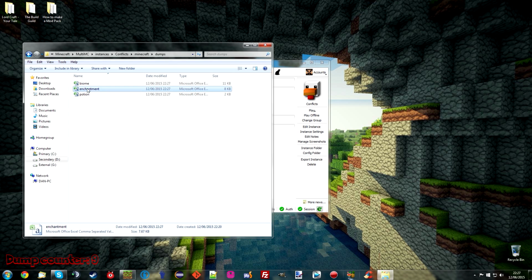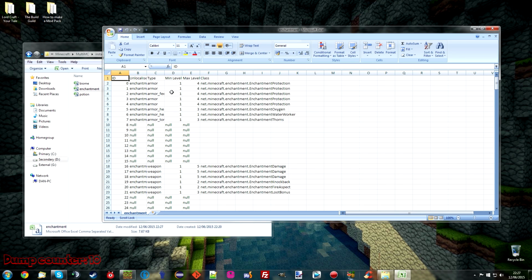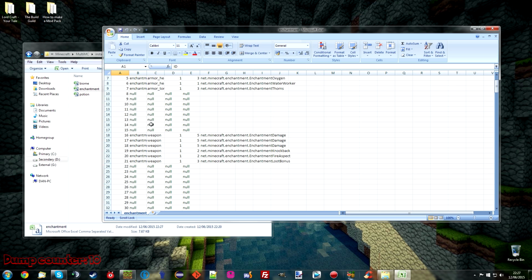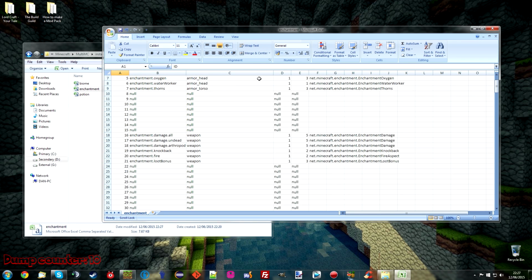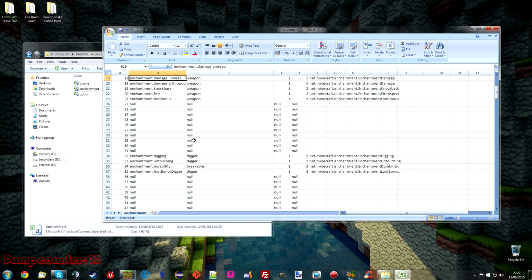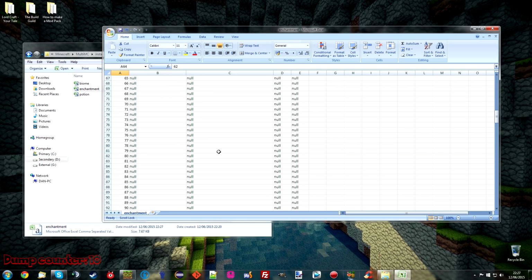So just as we covered in the last episode, we can generate ID dumps. So here's all the IDs for Minecraft. There's no mods installed, so these are all the vanilla Minecraft enchantments, their names and such. So what we got here, these are damage. So I'm assuming that is sharpness. No, it's not sharpness, is it? That'll be the Bane of Arthropods, all that stuff, yeah. All that junk. So yeah, everything's in here,